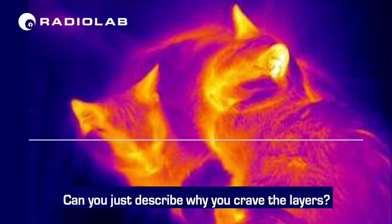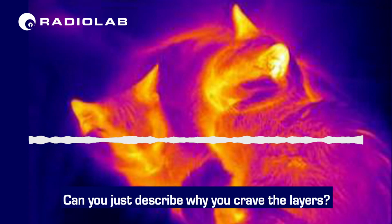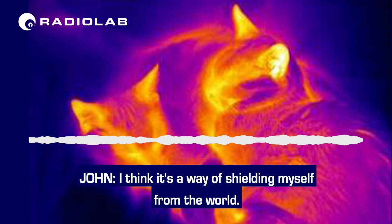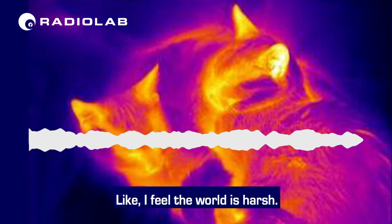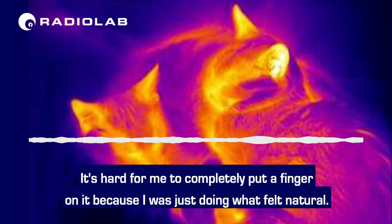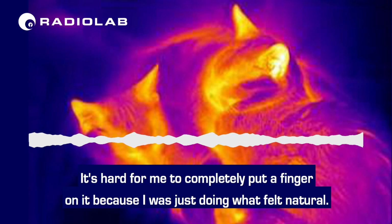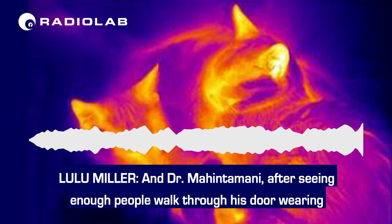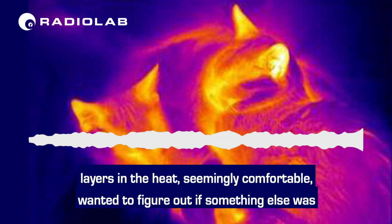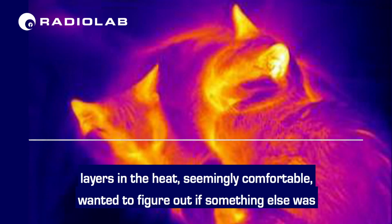Can you just describe why you crave the layers? I think it's a way of shielding myself from the world. Like, I feel the world is harsh. It's hard. It's hard for me to completely put a finger on it because I was just doing what felt natural. And Dr. Mahintamani, after seeing enough people walk through his door wearing layers in the heat, seemingly comfortable, wanted